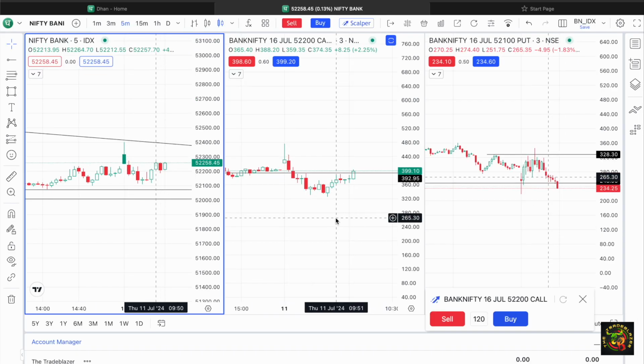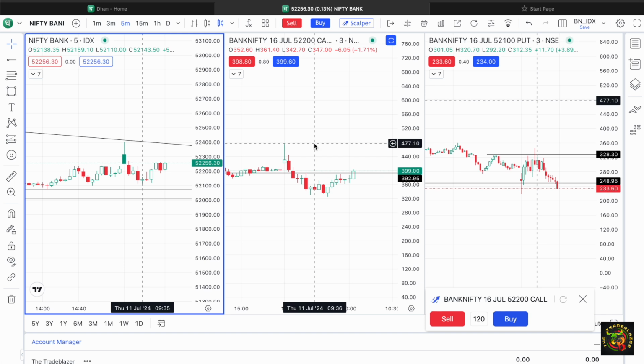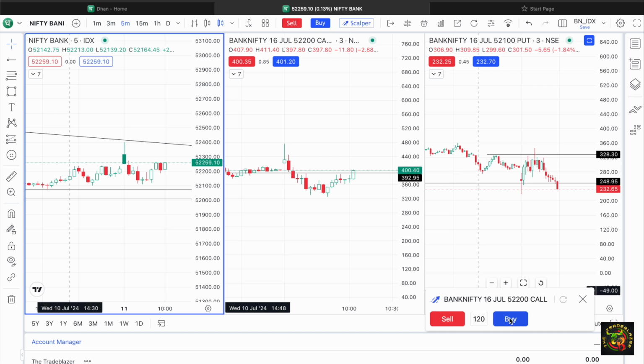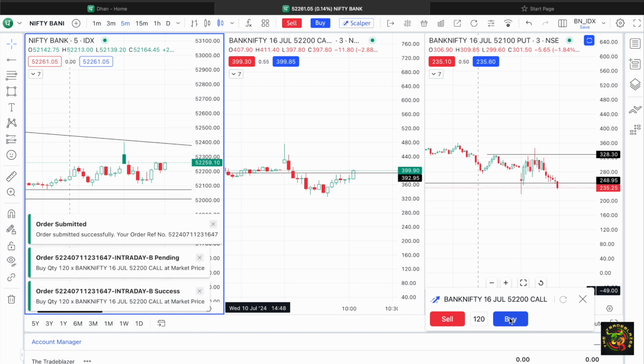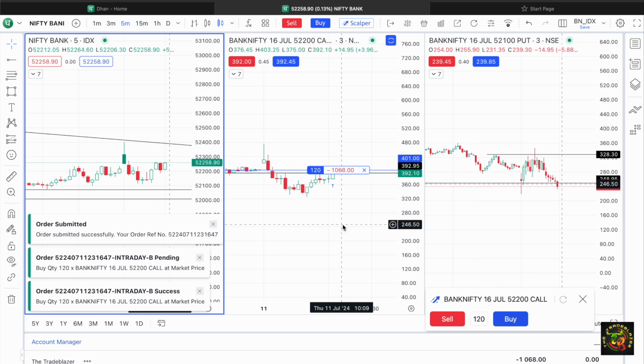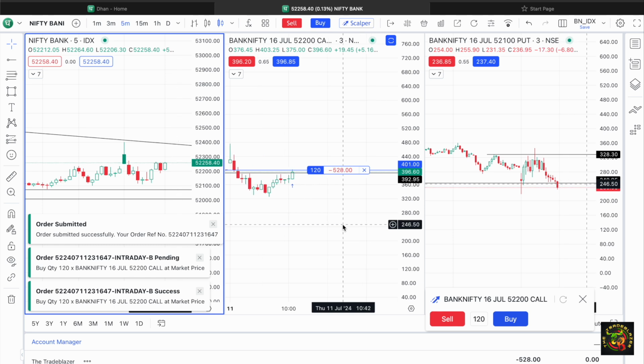Bank Nifty is showing a bullish structure after taking the support around 52,100 above, and then premium is also breaking some important level. So based on which I wanted to buy 52,200 call here. Just bought 120 quantity because today is a weak start and the premiums will be high, and then